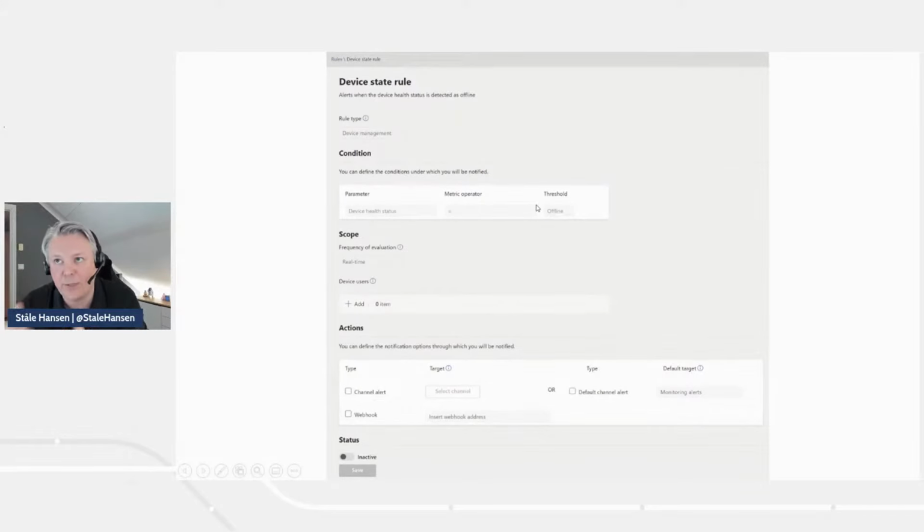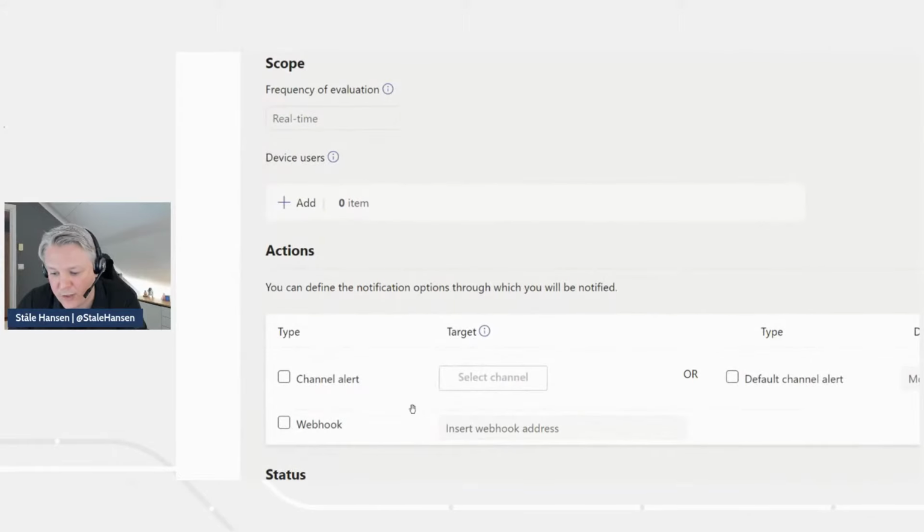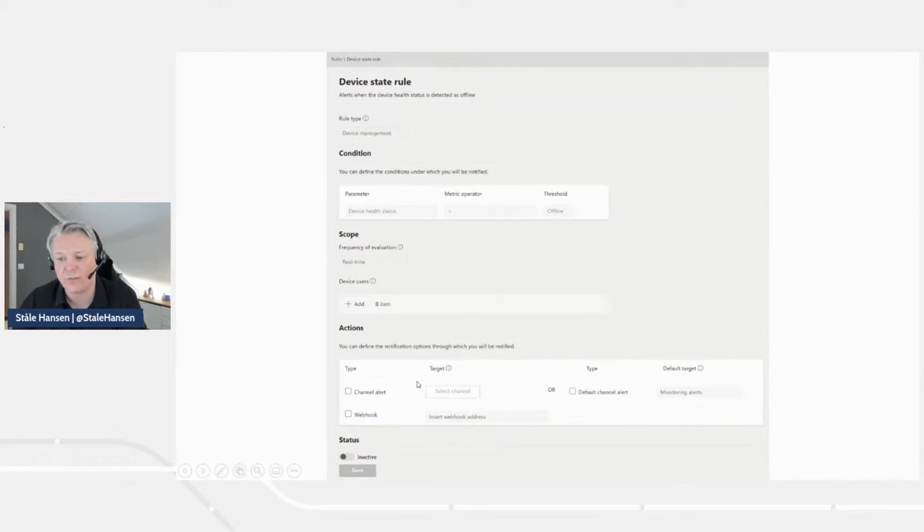offline. And I believe it's offline for between 5 and 10 minutes. So it's not like instantly offline, but if it stays offline, then it will give you an alert. And then you can define here if you want to use a webhook and put it into a ticketing system, or maybe you want to do it in a channel. So that's the kind of monitoring you have for devices, and get some proactive responses on that, and get some